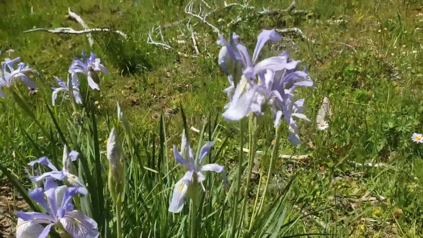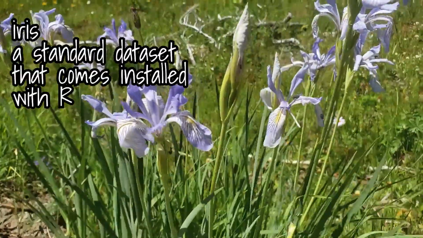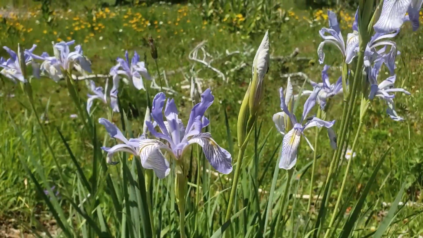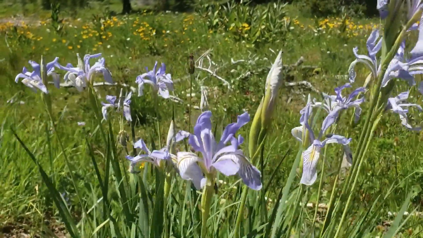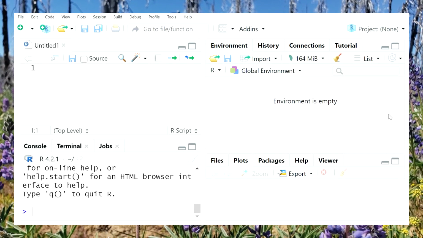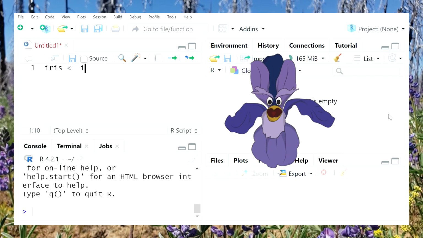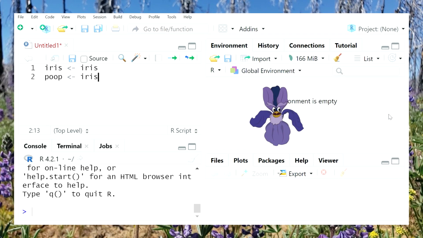To start out with, we're going to use a data set today about flowers. It's called the Iris data set, and it comes pre-installed with R, so it's pretty easy to use, which is why you see a lot of examples on the internet about how to do certain tasks using this data set. To make it visible, you just have to summon it forth from the bowels of R like a daemon. And just like a daemon, you have to give it a name in order to bind it into your environment and to your will.